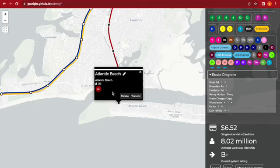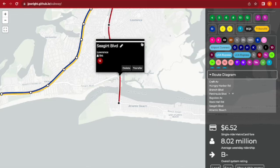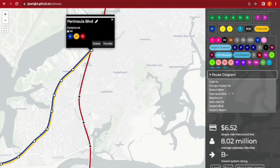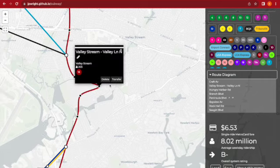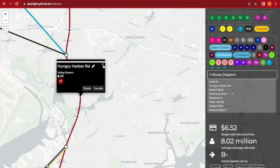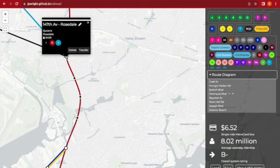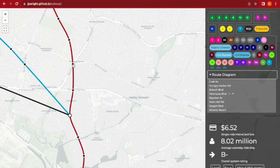Anyhow, the 12 goes from Atlantic Beach in Queens all the way up to River Road in the Bronx, making stops at, of course, Atlantic Beach, Seagirt Boulevard, Rock Hall Road, Bayview Avenue, Peninsula Boulevard, where you can change to the A and the W, Branch Boulevard, no, not there, Hungry Harbor Road, Craft Avenue, 147th Avenue, Rosedale, change for the I and V, Sunrise Highway, Merrick Boulevard,